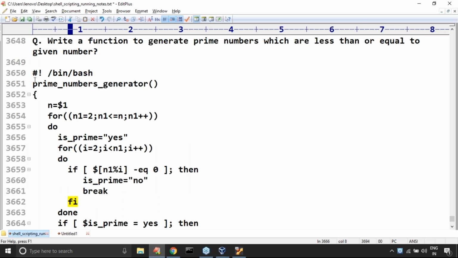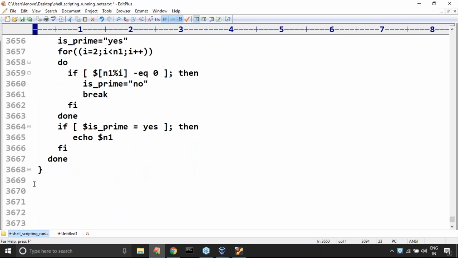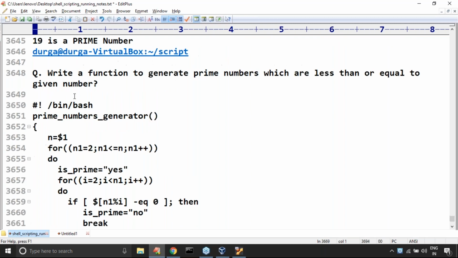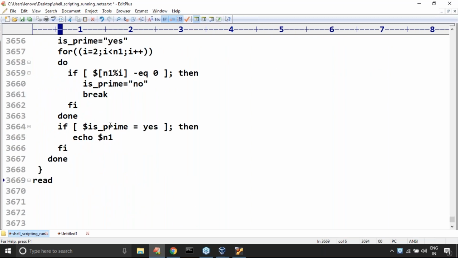Please confirm. There is definitely some difficulty somewhere, I'm sure. I will explain, I will trace, but anyway let me complete this one, sir. What I have to take is read -p, enter number to generate prime numbers, enter n value. That's all. Enter n value I'm taking, sir.